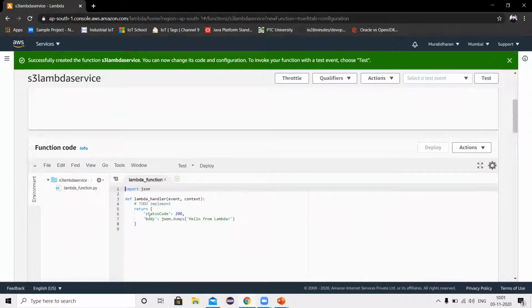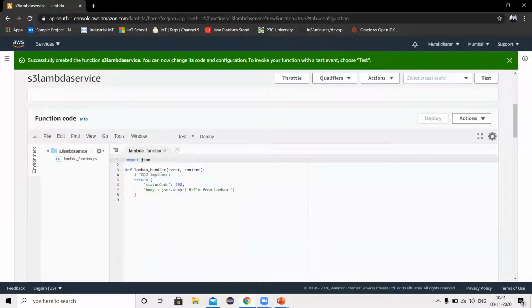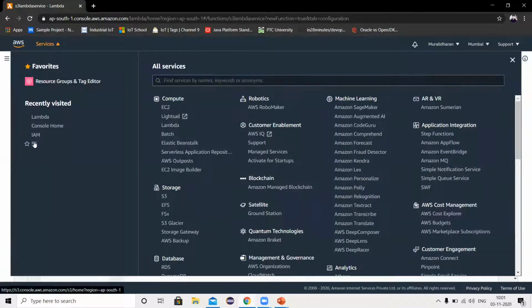Here a sample code is there. Right now we will keep this code as it is, and we will go to S3.